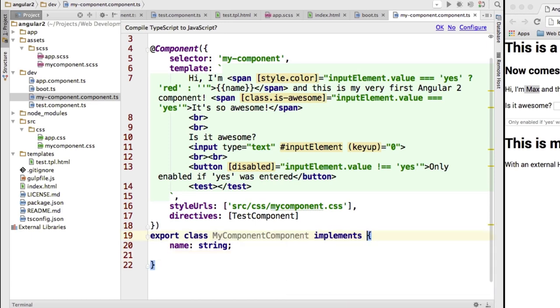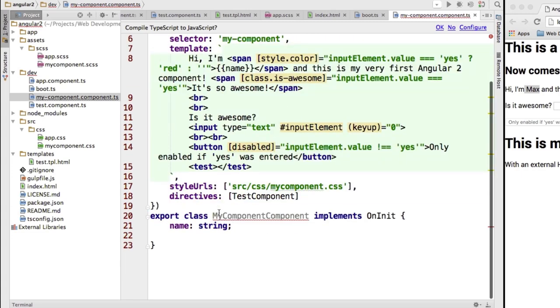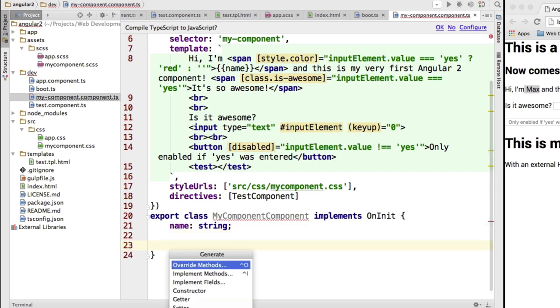This is an interface, OnInit. Make sure you import it: import OnInit from Angular 2 core. That's the interface which needs to be imported. Now I got an error here because I'm not implementing the method this interface requires me to implement. If you're not sure what interfaces are, it's generally a contract our class which implements it has to sign. It says, this interface requires every class which implements it